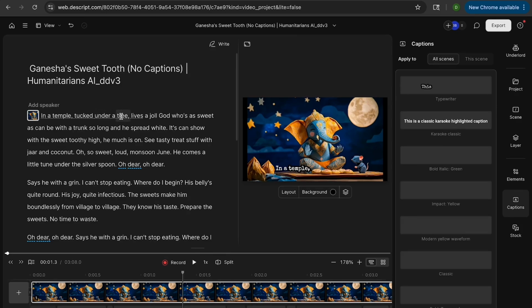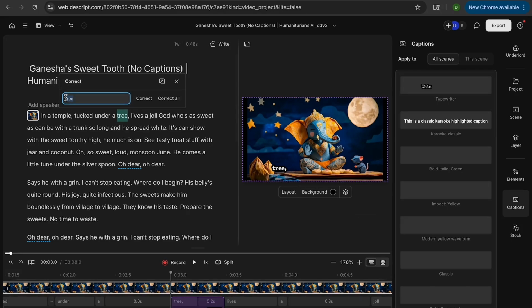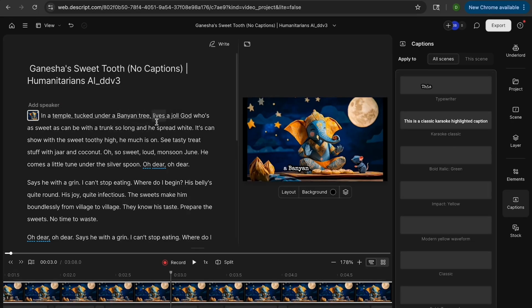We also notice that it says banyan tree and not just tree. If I try to just add a word here, that doesn't work. So what I usually do is click on this word, say correct, and just add banyan tree and say correct. So that inserts the word there. When we need to add a word before or after an already existing word, we cannot type it directly. We just choose the word that's there and then correct it. In case you try to insert a new word, it usually